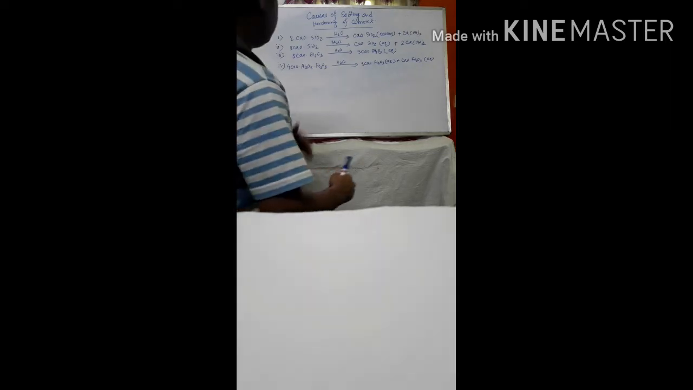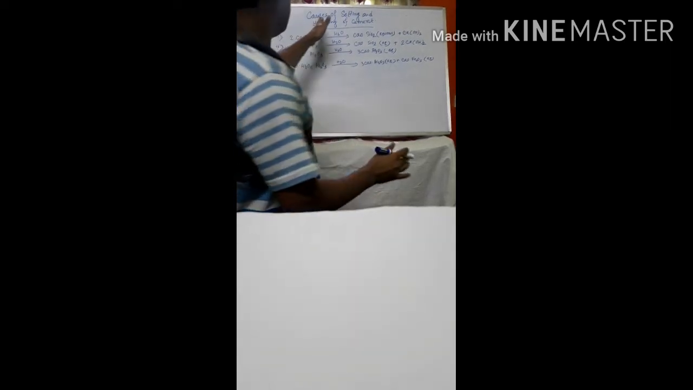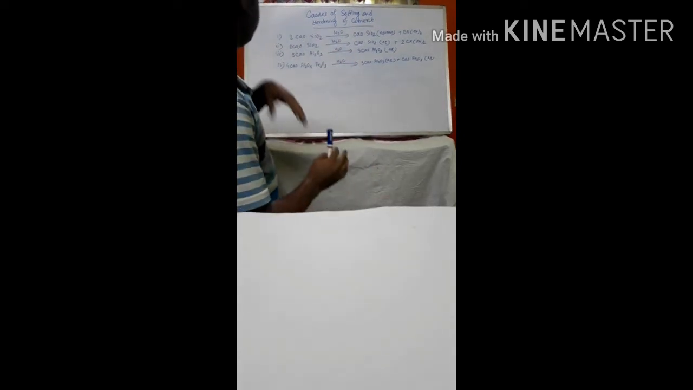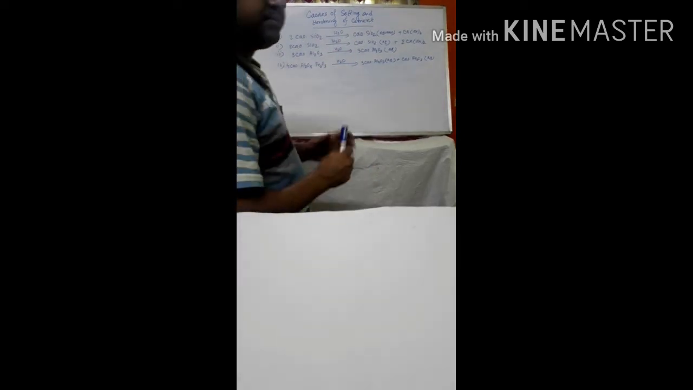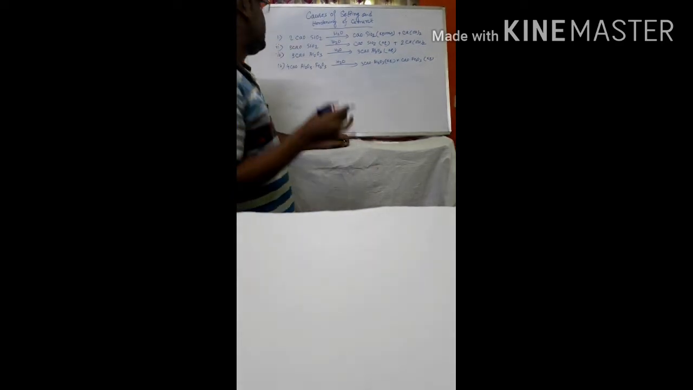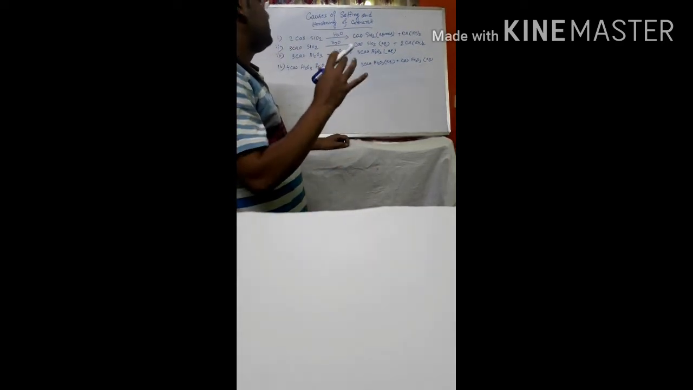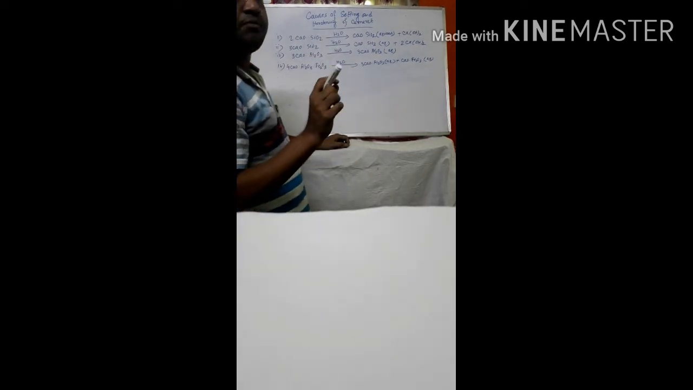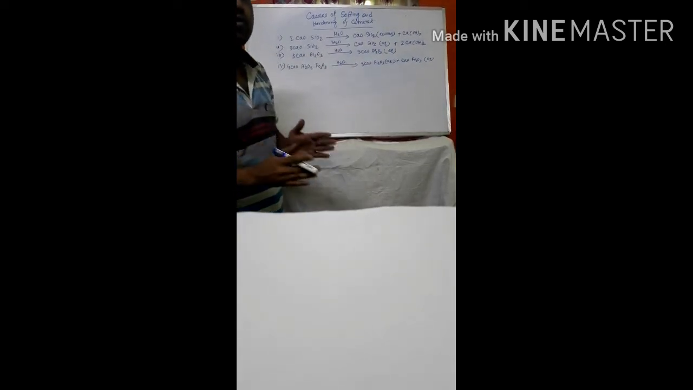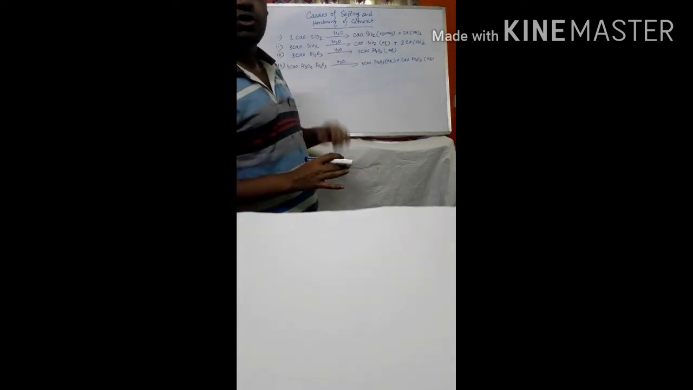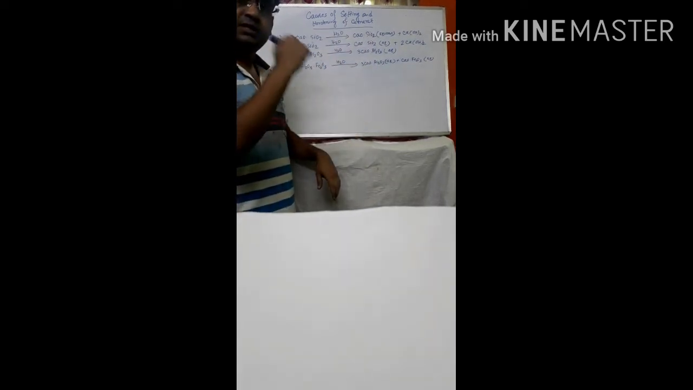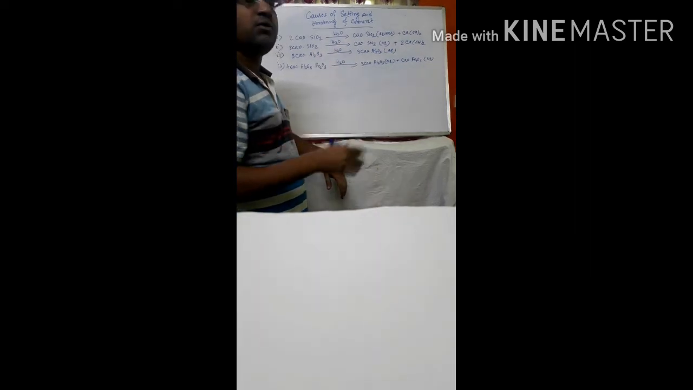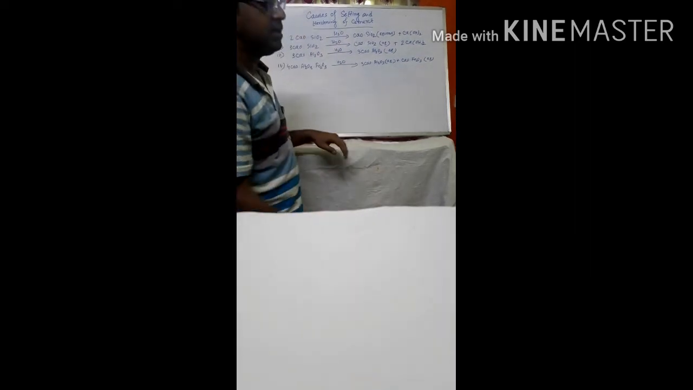Now the next portion is the causes of setting and hardening of cement. What are the causes of setting and hardening of cement? The setting of cement is a complex process. This is mainly due to hydration and hydrolysis of the constituents of cement. When water is added to cement, then